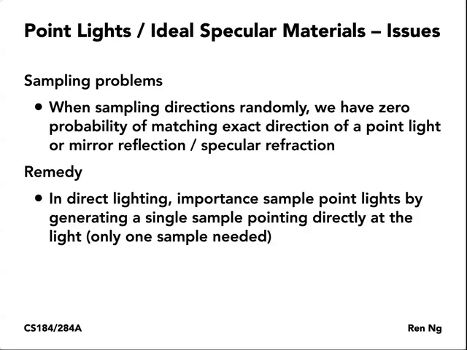The remedy for this is to special case these materials. They really need to be special cased. You can sort of think of them, if you like mathematically, as having a Dirac delta function light distributions or reflection functions. So in direct lighting, we will importance sample the point lights by generating a single sample pointing directly at each point light source. We only need one sample. We don't need to do it n times, right? Because once we have one sample direction pointing directly at the light source,